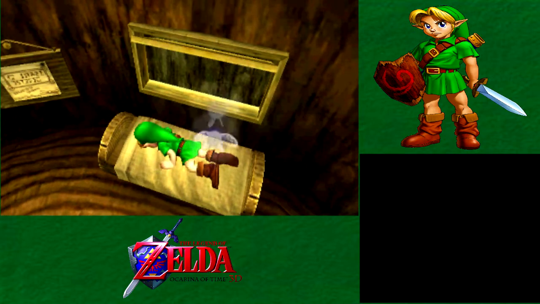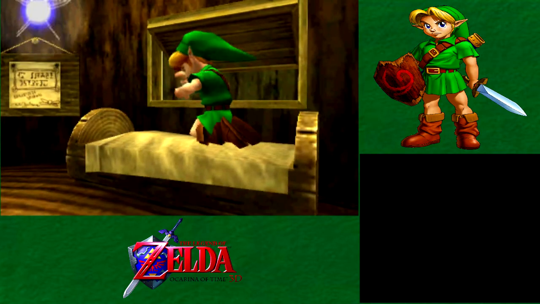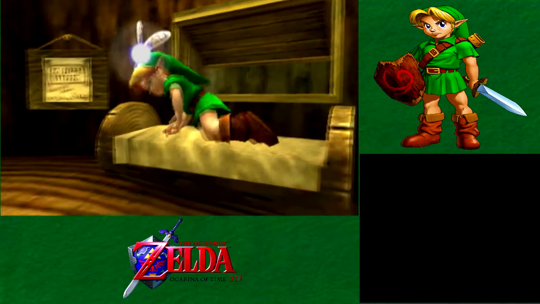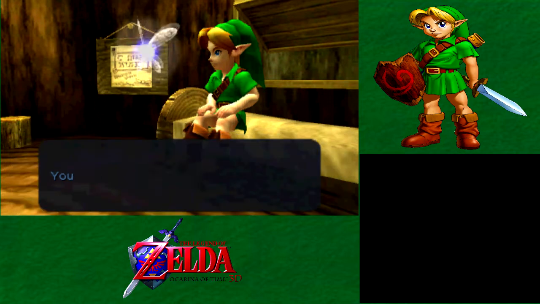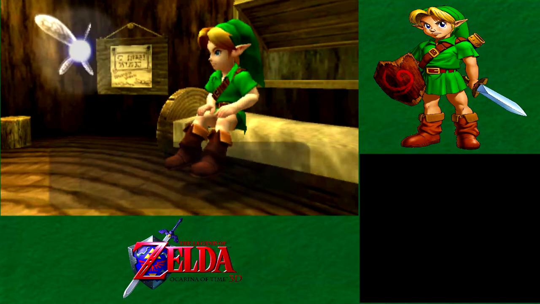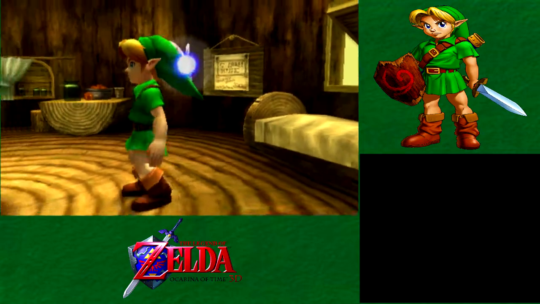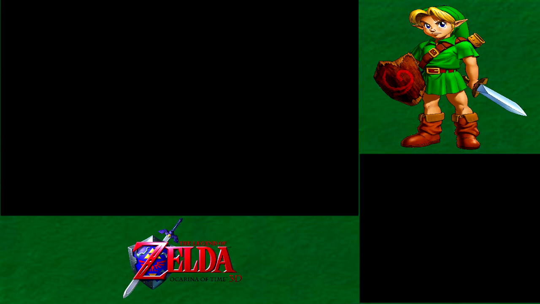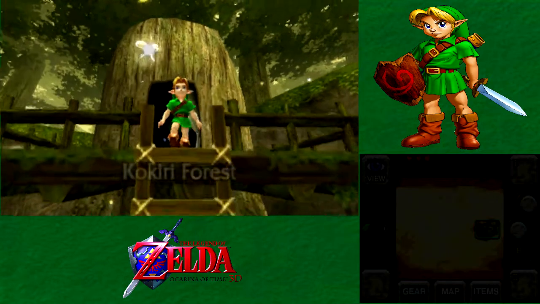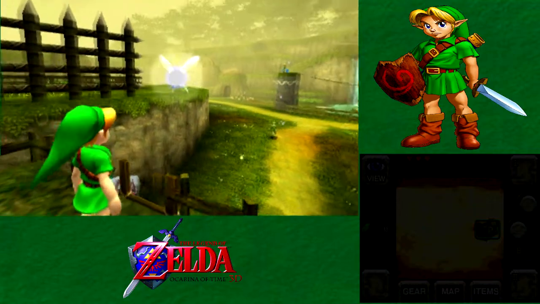Anyways, Navi has woken us up in a way that I am not that pleased about. I think I'll go ahead and show off one quick thing before we head out the door. I don't know if it's enabled in this version yet or not. Nope, I can't use that yet. It'll have to be used later. Maybe I'll show it off much later on in the game,